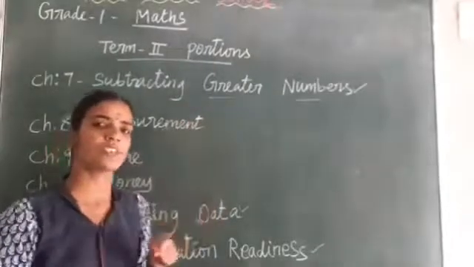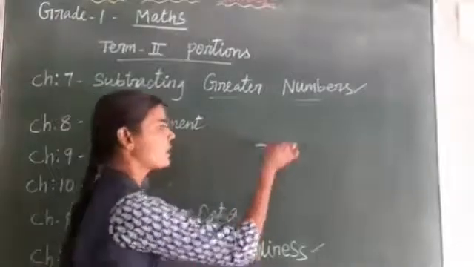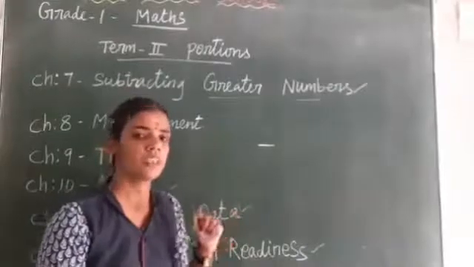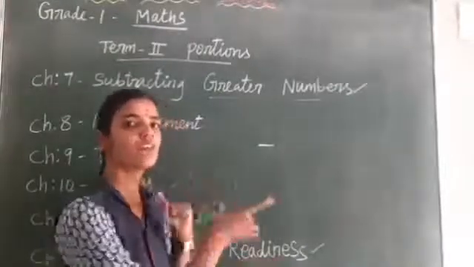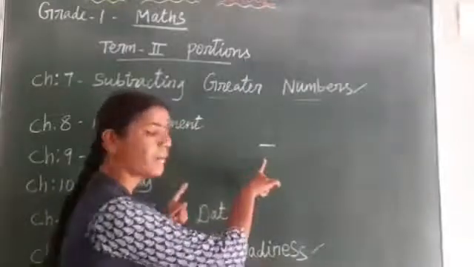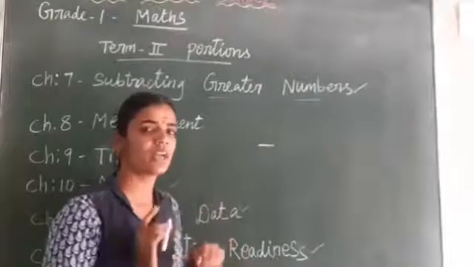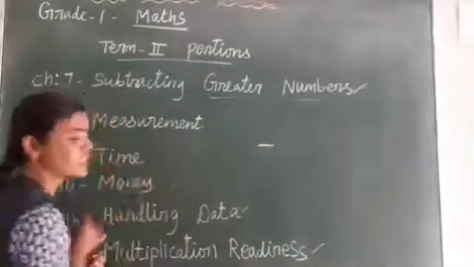What is the subtraction symbol? That also you know very well. The subtraction symbol is minus. Suppose addition, what is that? Yes, that is move forward. So you have to observe the symbol and see whether it is move forward or backward, like that you have to think and do it. Okay, that is subtraction.